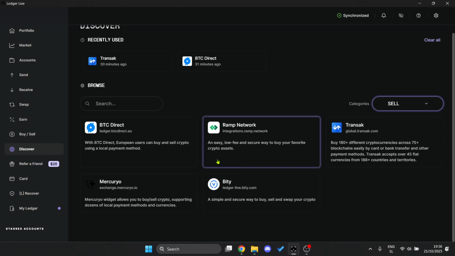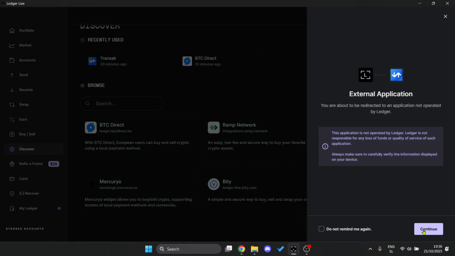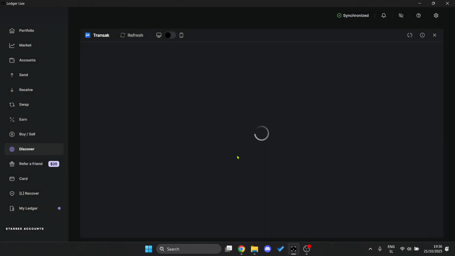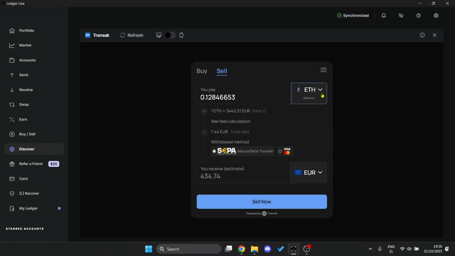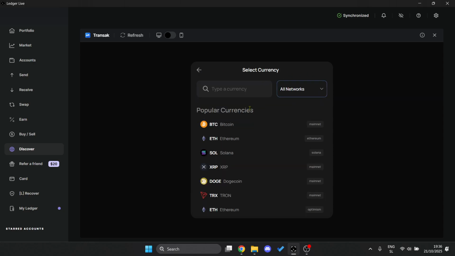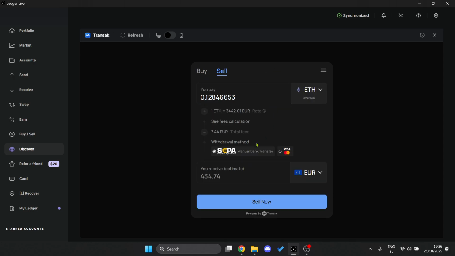Not all of them are going to basically allow bank transfers, but one I do know will allow it for sure is this one called Transact. So you can just click on Transact, click on Continue over here, and then inside the next step, you can just click on Sell, and over here you can basically select the crypto you would like to go ahead and sell. So here you can select the crypto and then of course the amount,